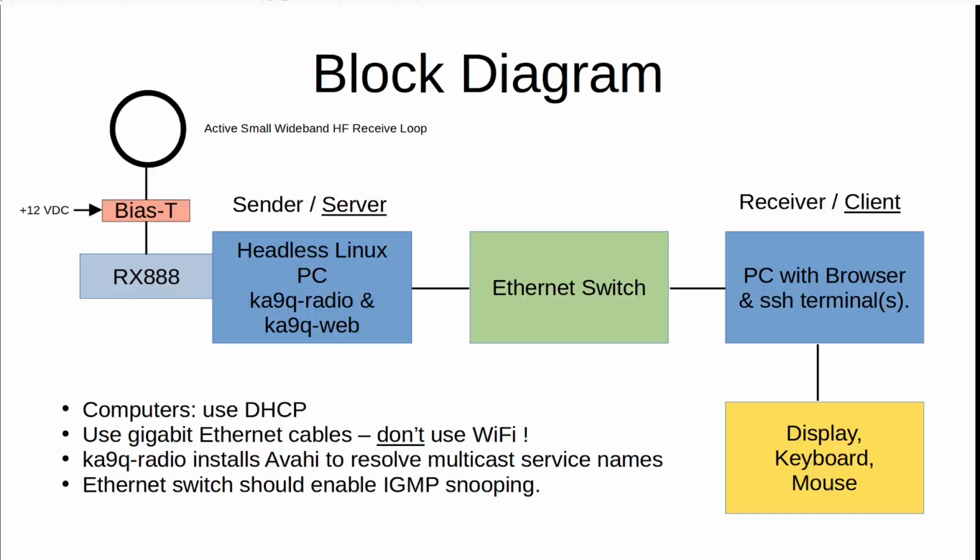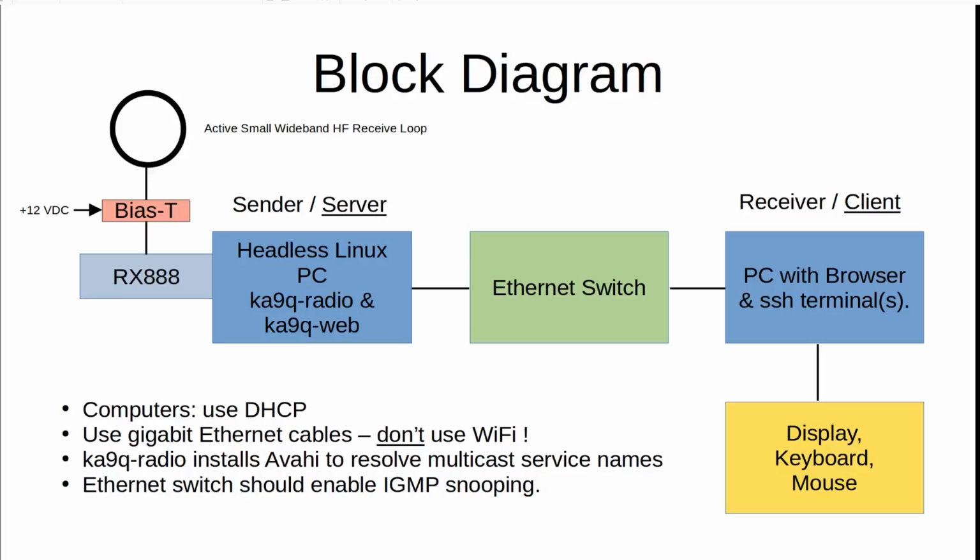So this is a block diagram of what we're going to do in this episode. We have a headless Linux PC, and in this case, it's been set up and the GUI interface turned off after it's been configured. It has an RX888 plugged into it. There's a bias-T to an active wideband loop. On the server, we're going to launch KA9Q-radio in the CLI in a bash shell, leaving that bash shell open. And then in a separate SSH bash shell,